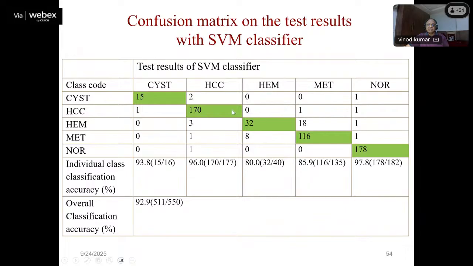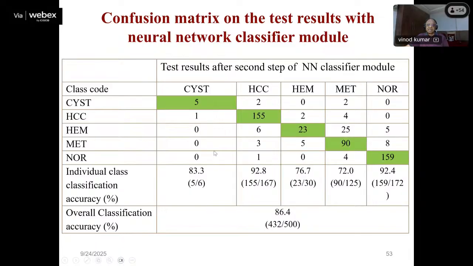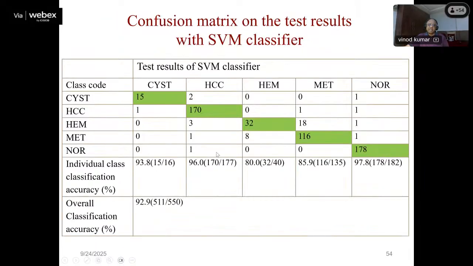We then thought SVM and neural network are not giving very correct results. There are certain problems. Like in case of cyst, the confusion is between cyst and HCC. In case of HCC, the confusion is between SCC and hemangioma, SCC and cyst, HCC and metastasis, SCC and normal also. Similarly, in case of hemangioma, SCC and metastasis. In this case also. So we then tried another